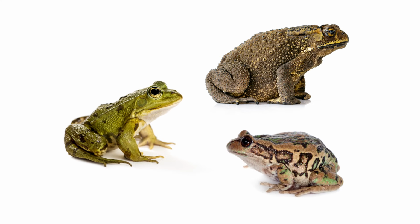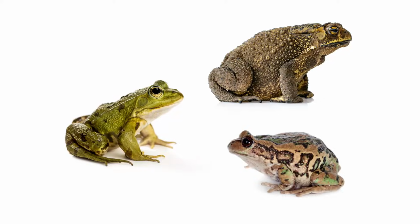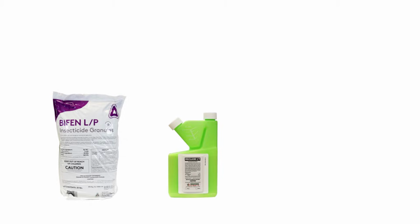While frogs and toads don't necessarily mean the plague, there are ways to control pest infestations that have gone out of hand. With these professional products and tips from Solutions Pest and Lawn, you can stop frogs and toads from infesting